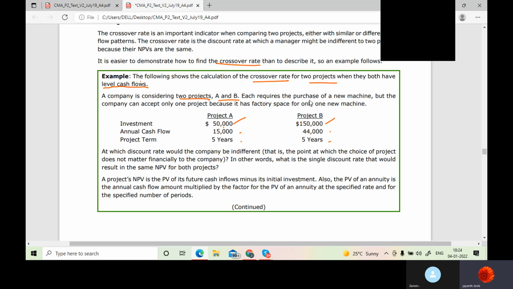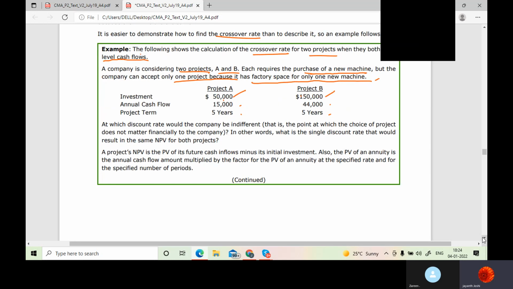So a company is considering two projects A and B. Each requires the purchase of a new machine, but the company can accept only one project because it has factory space for only one new machine. That is a mutually exclusive project. Investments are given here. I have already explained. At which discount rate would the company be indifferent? That means they are asking you